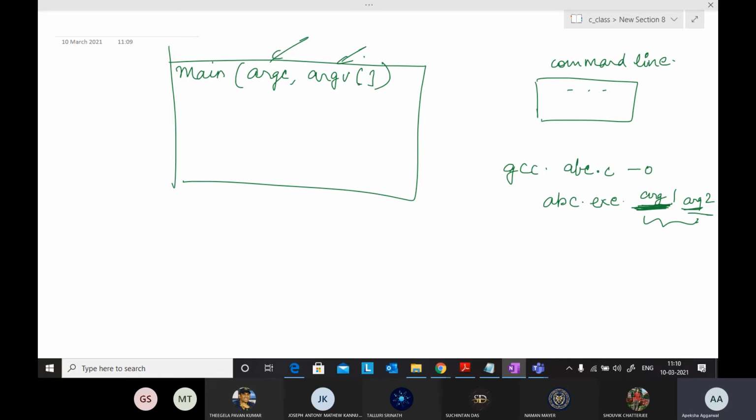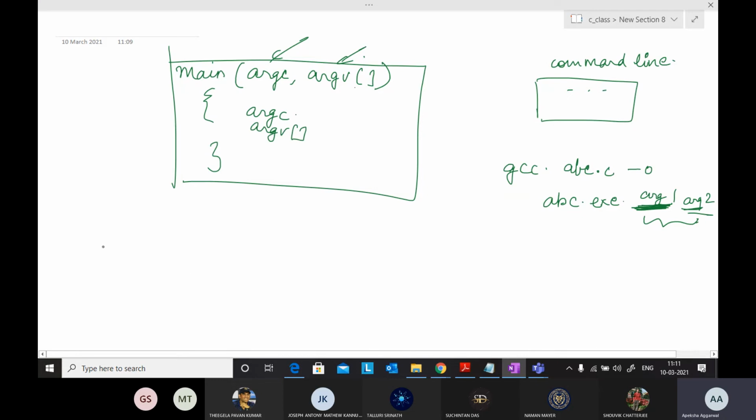Its definition is already predefined, and for every function there is a definition and a set of rules that are followed. Similar thing is with main. You have to write these curly braces. This is also a simple function, and you are passing these as arguments. Whatever I'm passing as arguments, I can use in my program. I can print the values of ARGC, I can use the values of ARGV. ARGV is nothing, it's just an array.